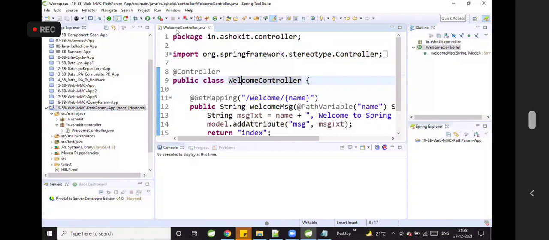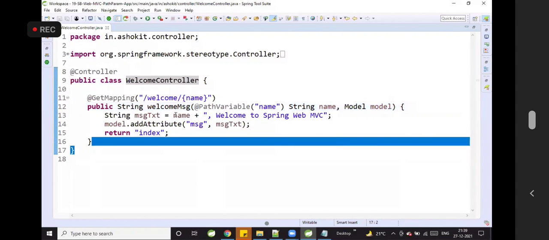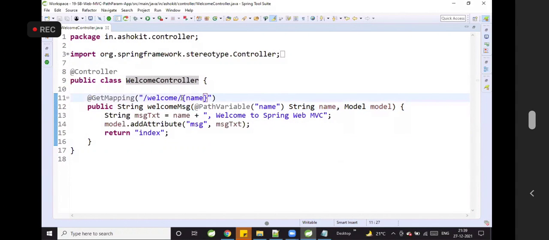The only thing is, in the previous example we had a query parameter, which we read by using request param. In this example, we have a path parameter. To read the path parameter, we are using the path variable annotation. Whenever we use path variable, we need to specify where that path parameter will come in the URL, and that we need to represent in the URL itself.